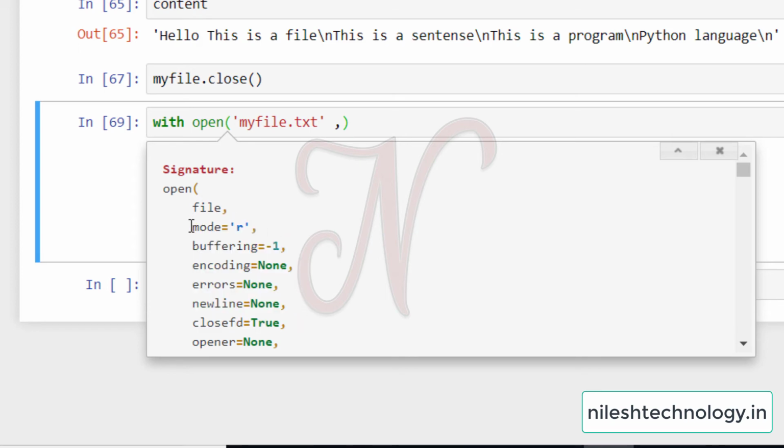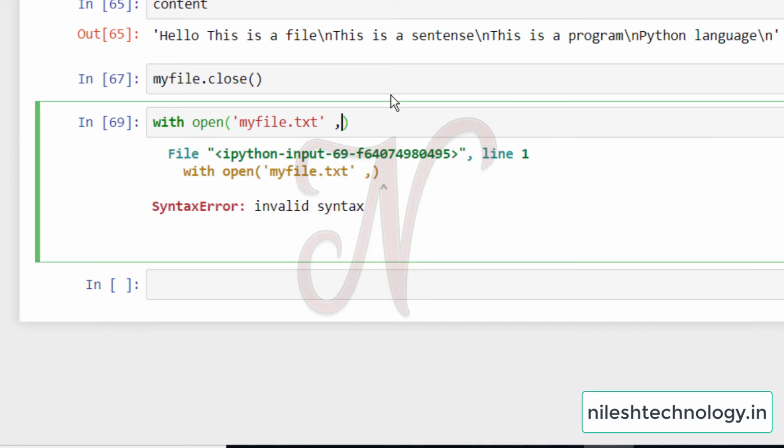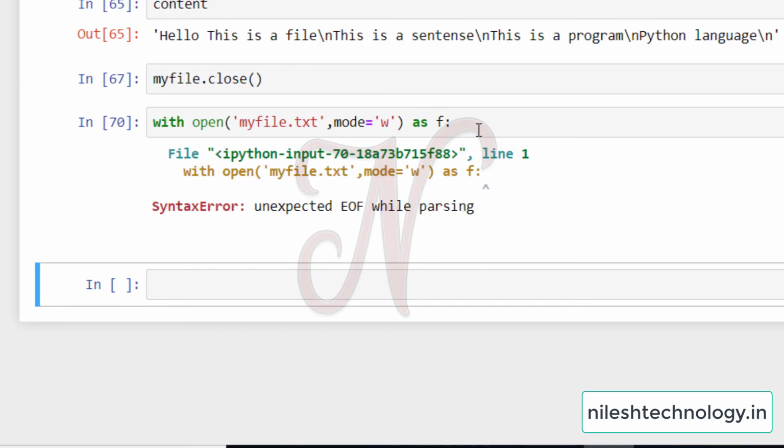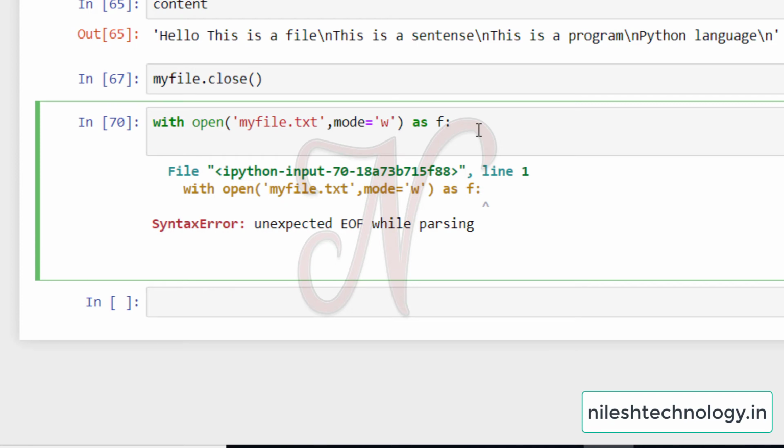See here, by default the mode is the read mode. Now here we can pass a different mode. So my mode is equal to W, then add as f. So f is my file object. Then here I can press enter.